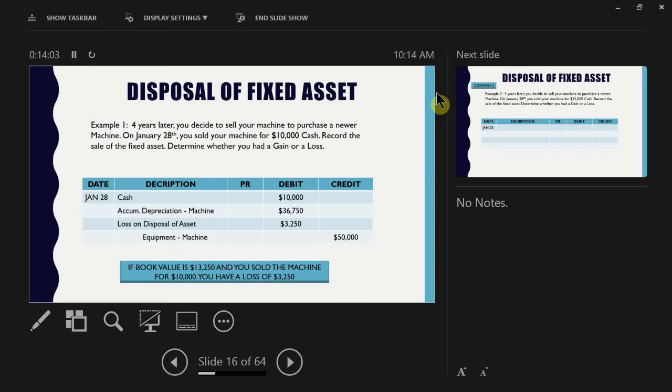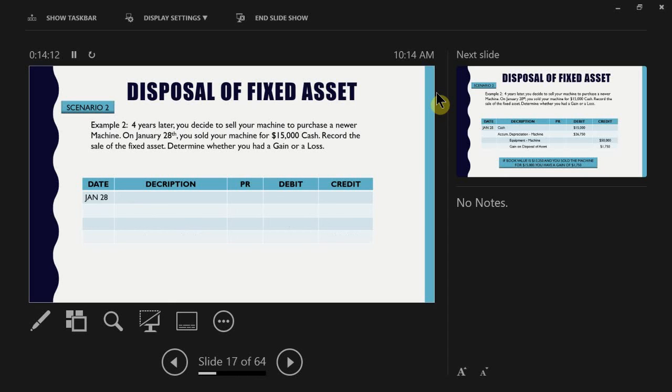Now, what do you mean by that? Okay, so this right here is where I sold it for $10,000. Now, what if, in scenario 2, I actually sold it for $15,000 instead of $10,000? This is the same scenario, but different. So again, I would do the same thing. I'd go to my depreciation table, figure out what my book value is, and also determine what my numbers are. What's my accumulated depreciation, and what is my